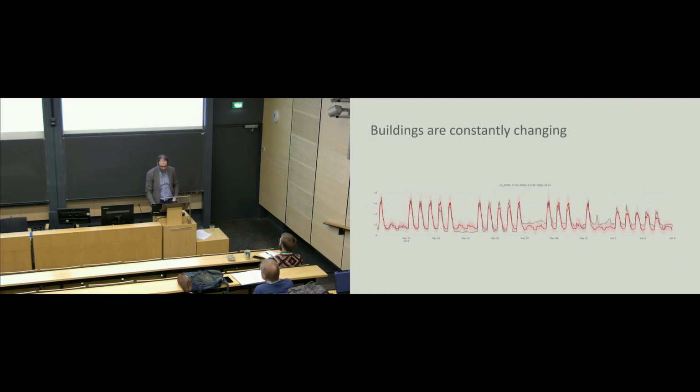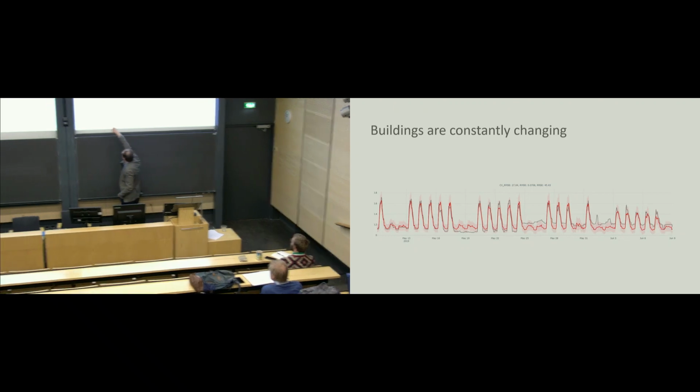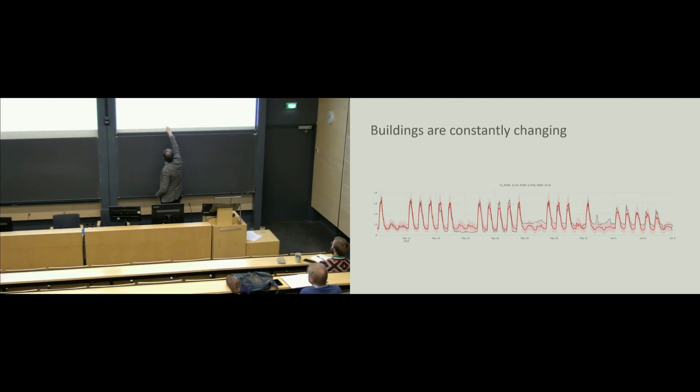So as I said, buildings are constantly changing. This is some building somewhere. Here it was pretty fine, mostly inside the predicted lines. There was some problem here, but okay, that didn't happen that much. But then next, I think this is weekend, next weekend it goes outside the boundary, and then next one again. And actually base load, if you look at the whole night time, night is when there's this valley,